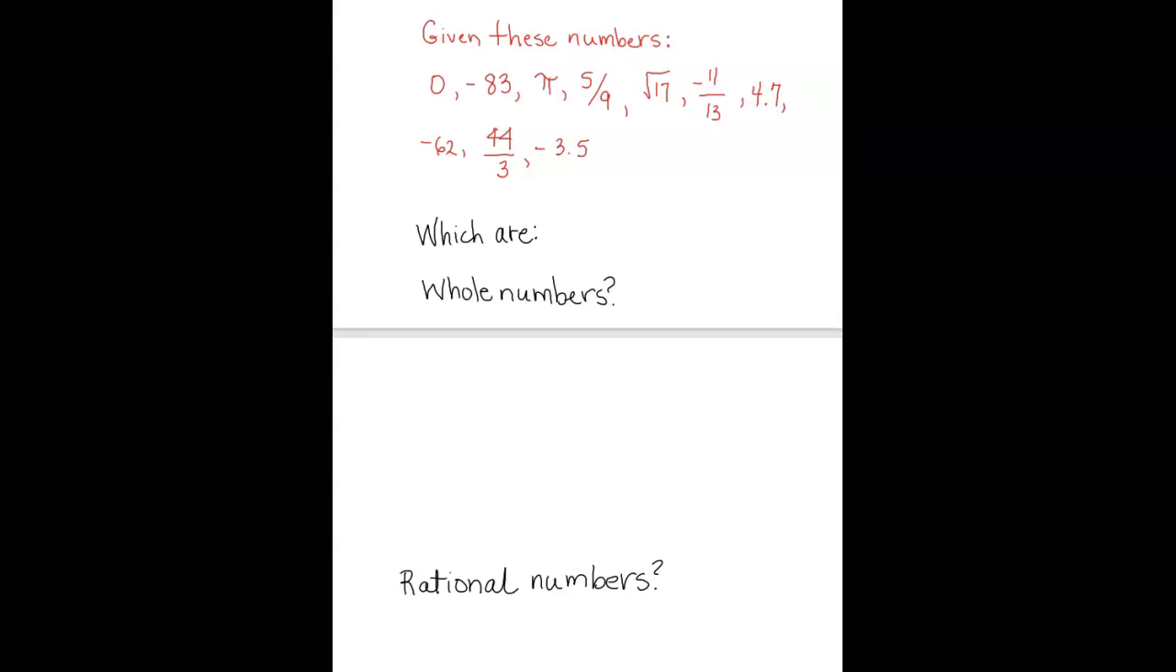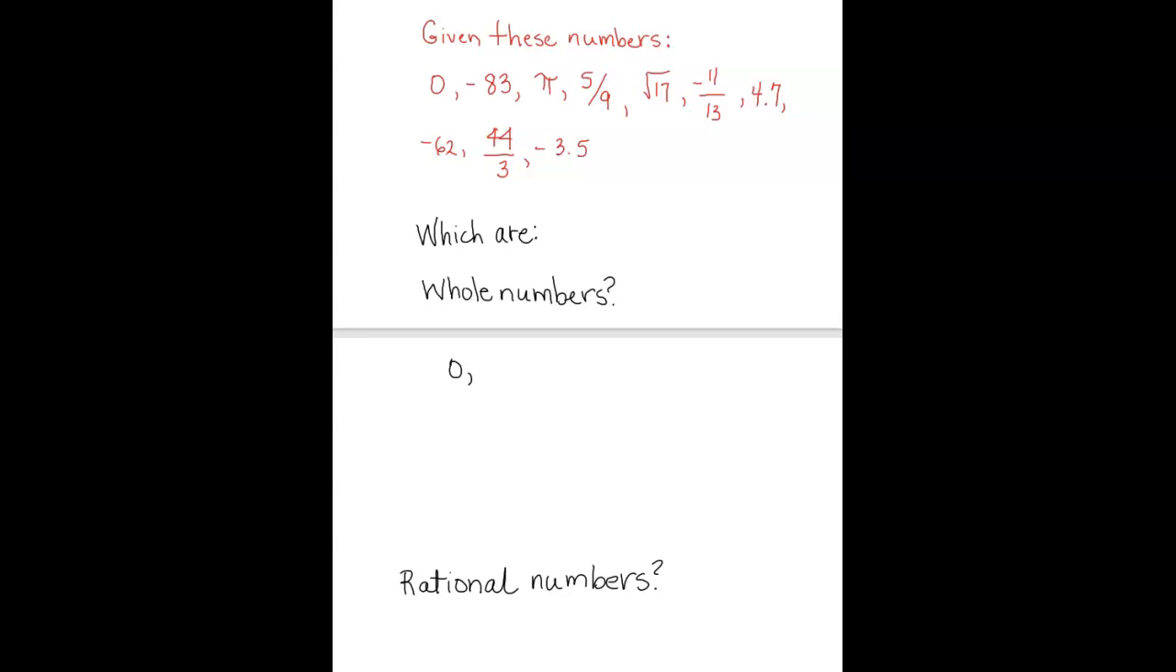All right, so for our whole numbers, we're going to have anything that is not a fraction at the moment, and anything that does not have a decimal attached to it. Okay, so that's kind of the easiest way to think about whole numbers. Remember, whole numbers are positive, and they include 0, and they go up by ones. So my whole numbers here, I have 0,